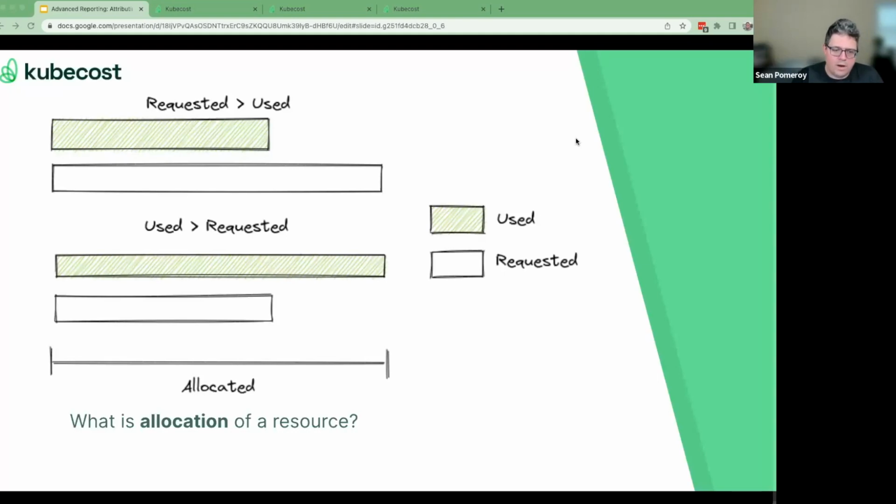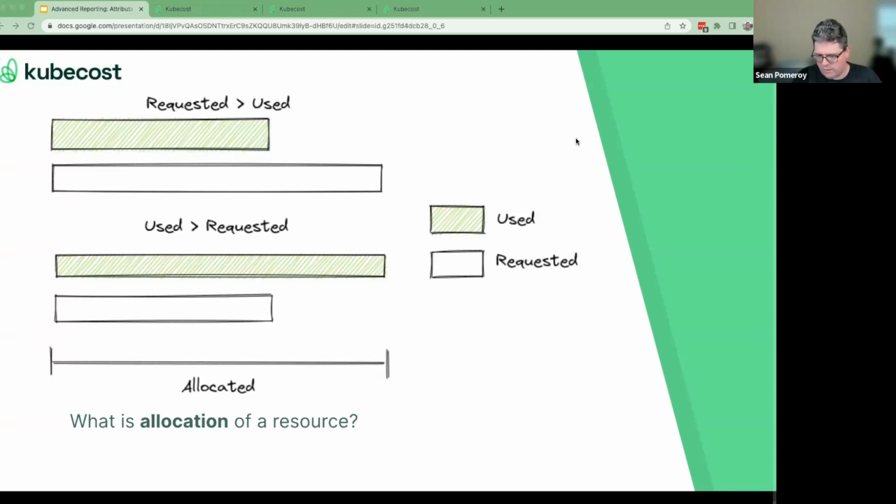An important concept of that allocation is how we allocate costs based on usage versus requests, right? As I said earlier, when you deploy an application to Kubernetes, you have the option to specify what the requested capacity is, in other words, what from a resource perspective this application is going to consume, right, for CPU and memory. And then what actually happens can vary depending on the application. So we look at both those values, what's being consumed, what's being requested, and then we always take the maximum